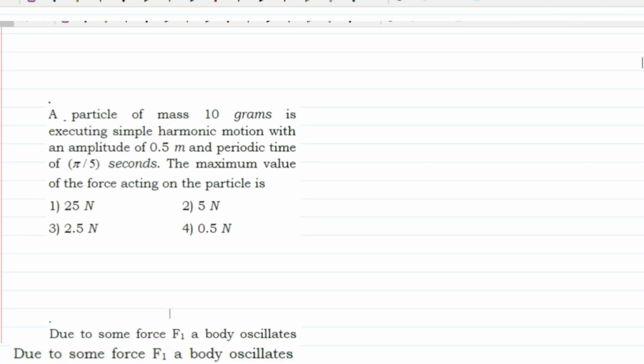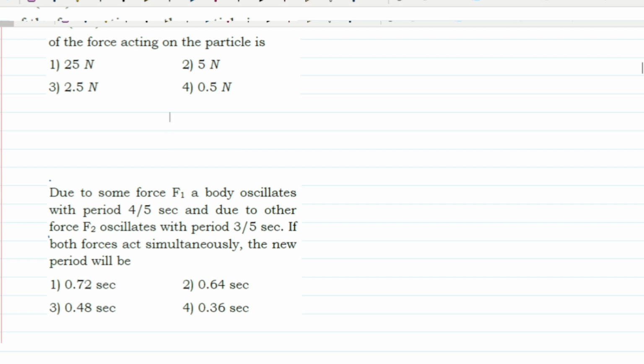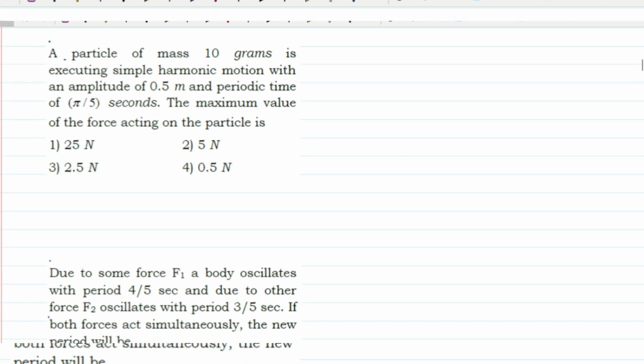A particle of mass 10 grams is executing simple harmonic motion with an amplitude of 0.5 meter and a periodic time of pi by 5 seconds. The maximum value of the force acting on the particle is asked. The maximum force acting on the particle is m omega square A. Mass is 10 grams, which you have to convert into kilograms,